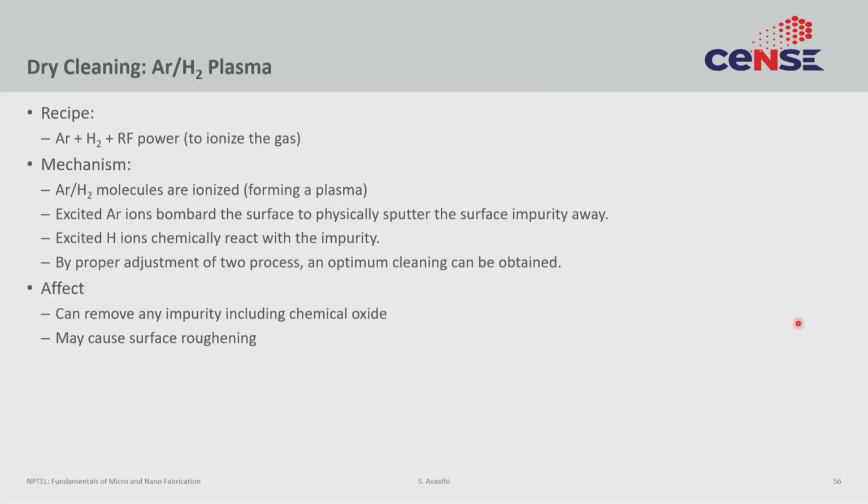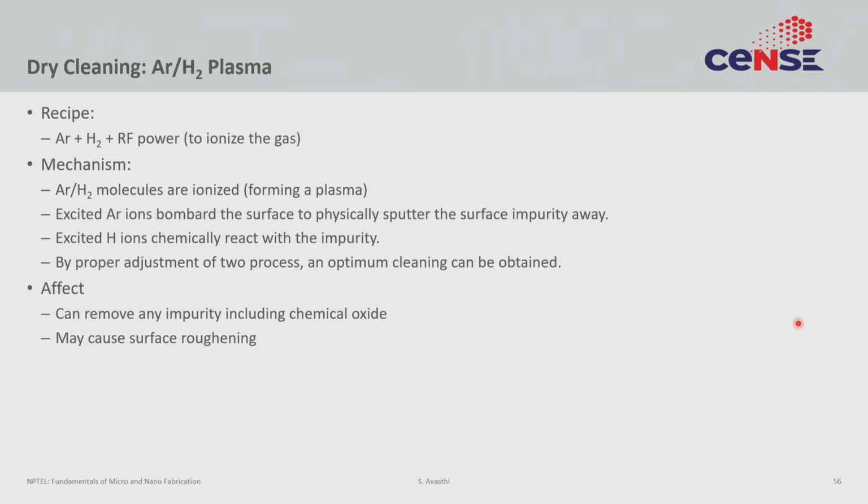The third thing is to use particles, the shower of particles. So, that is where these plasma or argon hydrogen plasma recipes come through. The idea is that you take argon or hydrogen, which for silicon tend to be relatively inert. So, argon is inert, hydrogen forms silicon hydrogen, which is not electronically active, and you create RF power, and that RF power is used to ionize the gas. So, now you create a plasma for argon and hydrogen, and then you force this plasma on top of the surface, and this plasma has certain energy, certain temperature, and that is what is used to do the cleaning, that is what is used to dislodge particles and contamination.